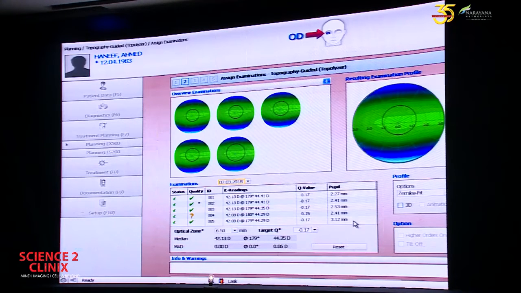So these were all the scans that we got on the Topolyzer. And as of now, we're taking a total of 5 scans. This question mark here just shows that the image of the scan might be slightly lower. This could be attributed to various factors. It's also important that the cornea is well lubricated before this is taken, because any tear film abnormalities could also cause a lower scan. But you can see that the K readings on all of them are closely correlating, and so is the Q value.